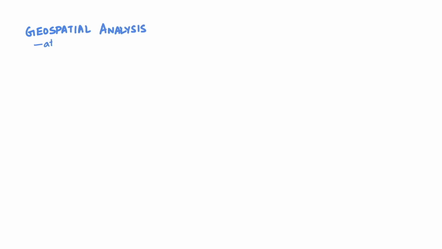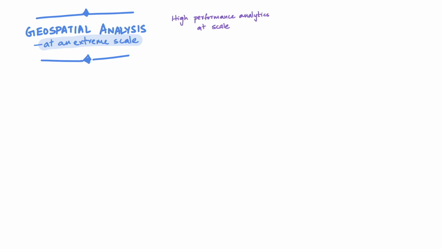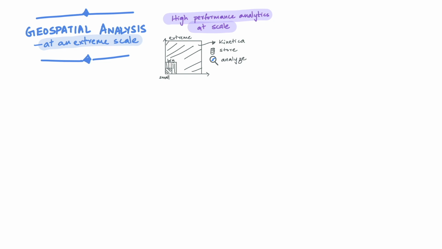This video provides an overview of the features that are unique to Kinetica and enable it to perform geospatial operations on extremely large data. What makes Kinetica really stand out is the scale it operates at. With Kinetica's active analytics platform, we are able to store and analyze massive amounts of geospatial data. Kinetica also provides tools such as the dashboarding app Reveal that can quickly visualize this data at scale. And what's perhaps even more impressive is its ability to do all of this with really high speeds.